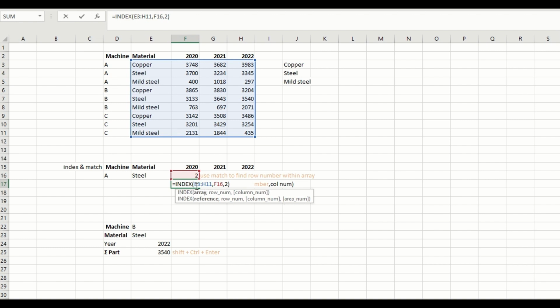For INDEX, first you need to specify the array, including all the data you want to look up, and then you need to specify the row number. So this one I refer to this cell, because for this one we use MATCH to find the row number. You can just put the 2. So with INDEX, first you identify your row number and then your column number. In this case, this is the second row and your second column. So you will get